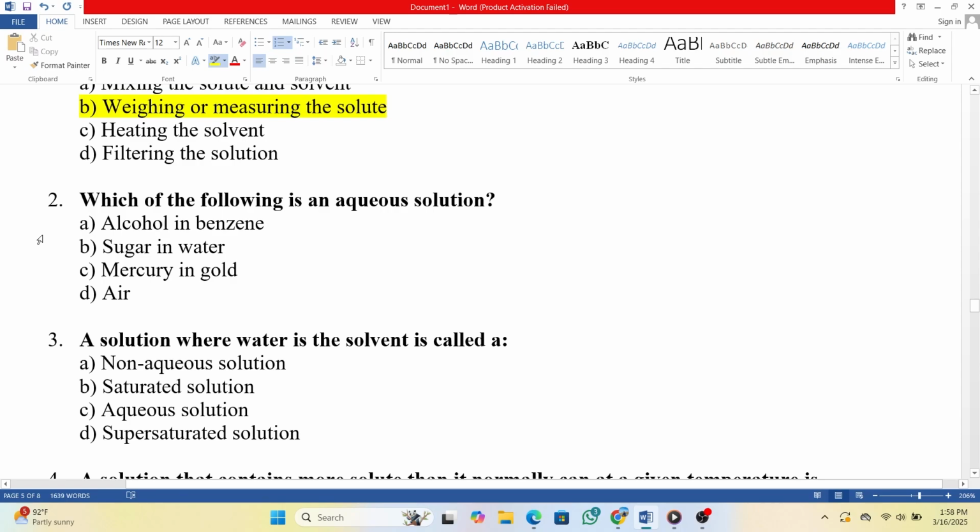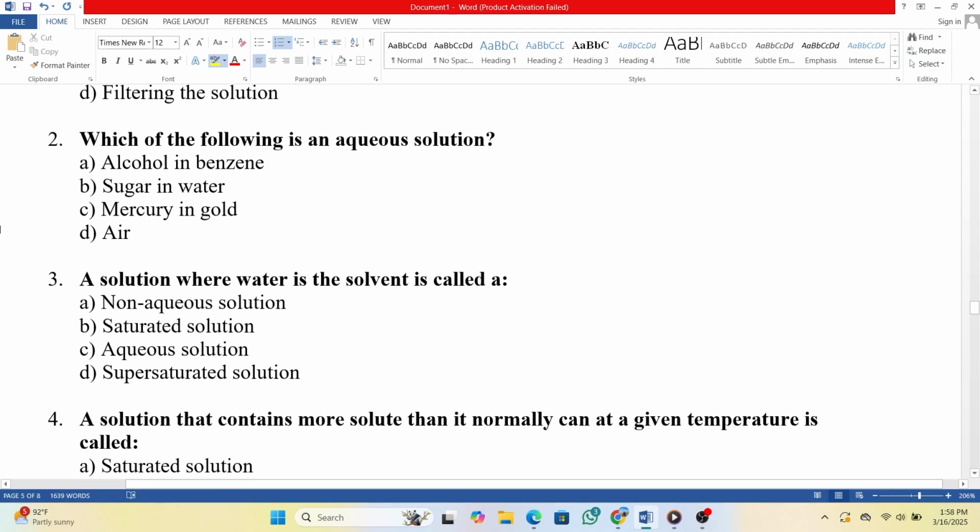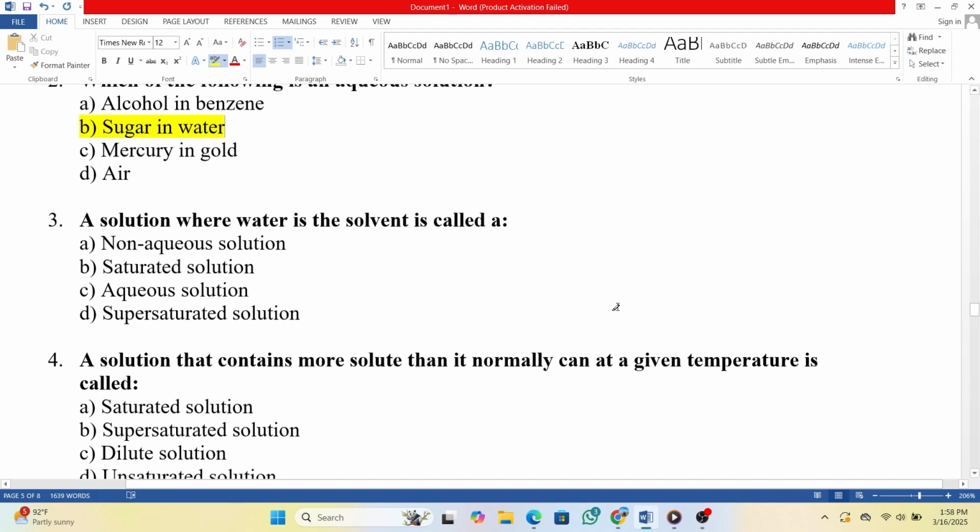2. Which of the following is an aqueous solution? A. Alcohol in benzene. B. Sugar in water. C. Mercury in gold. D. Air. Answer, B. 3. A solution where water is the solvent is called